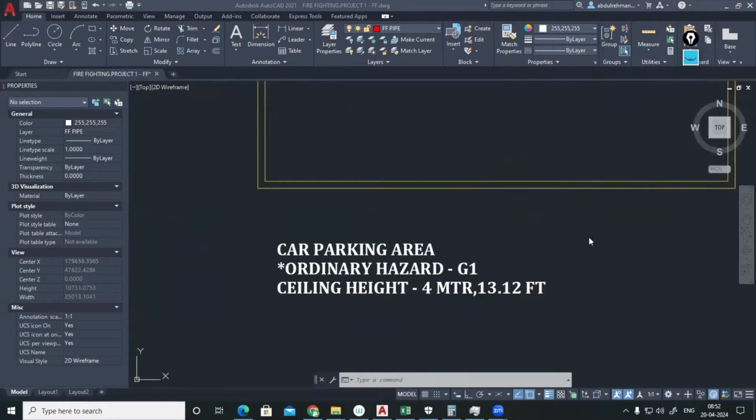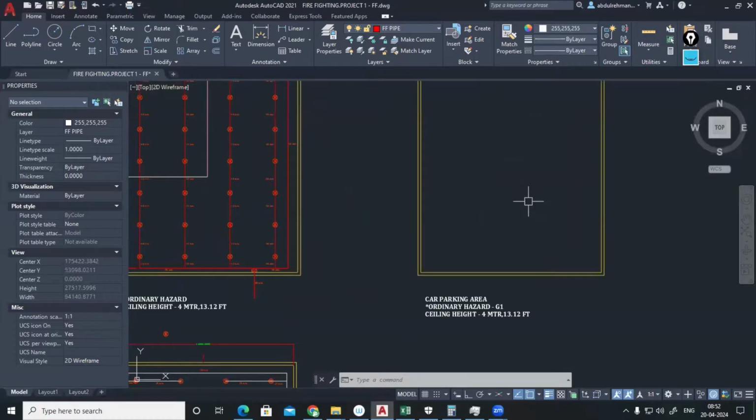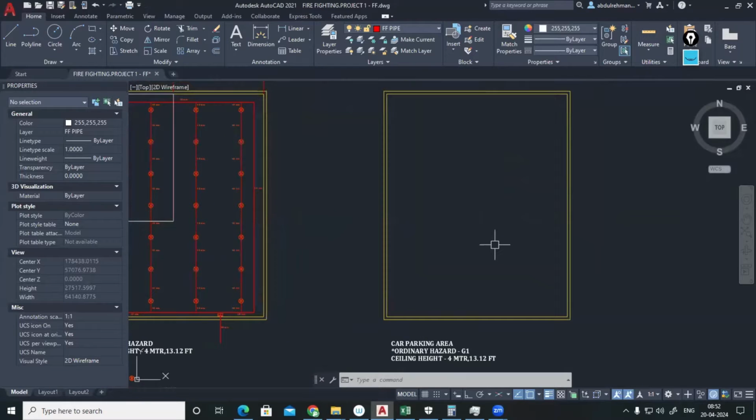Okay, these are details. It's a plain area. So I have to place the sprinklers. How many number of sprinklers do I require inside? The number of sprinklers we can calculate with respect to the coverage area of a single sprinkler. Okay, for example,